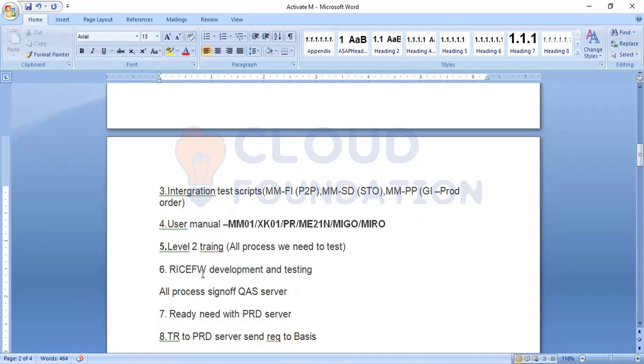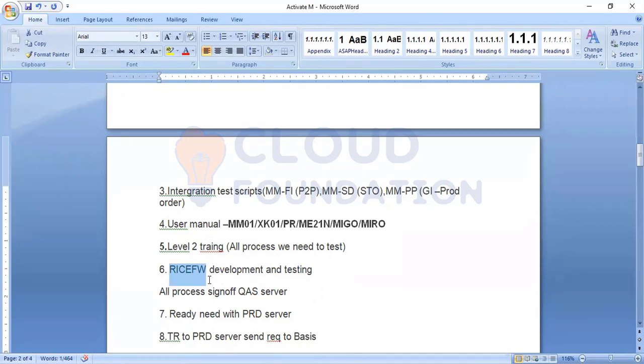These are separate topics we will discuss lastly. But there is a concept called RICEFW, which is mainly for identifying the gaps in the gap fit analysis, and to fill the gaps we use this. By this, we will achieve the business requirements here.